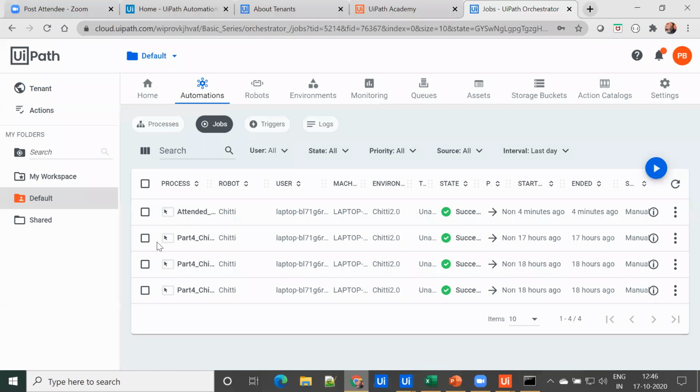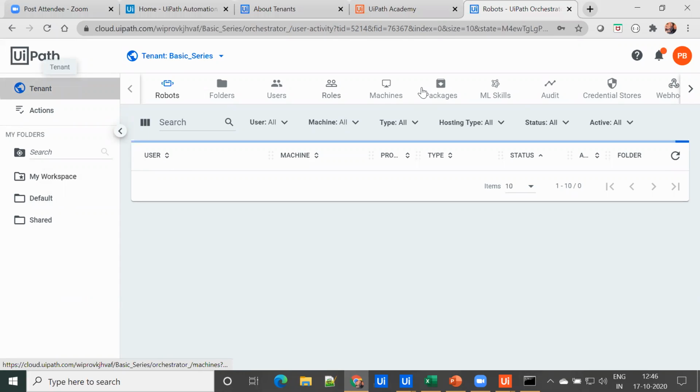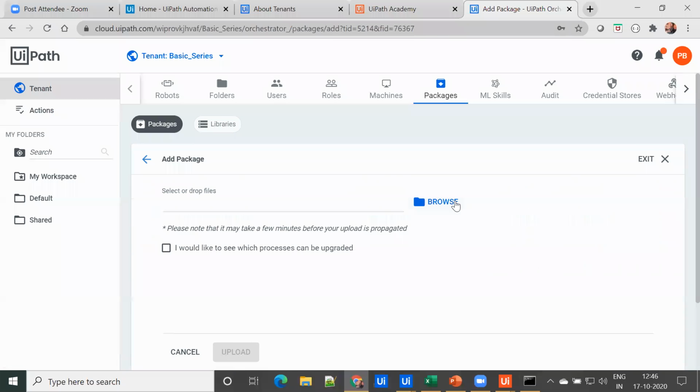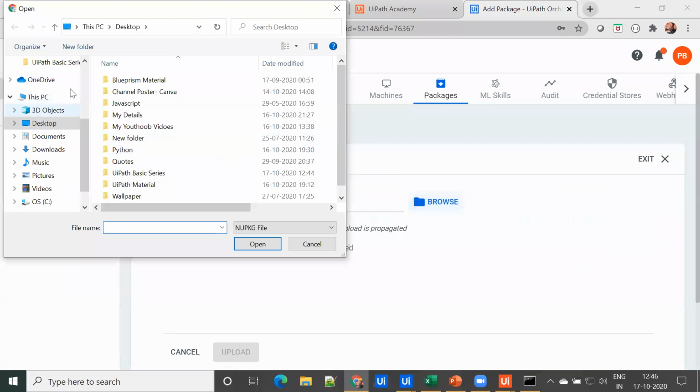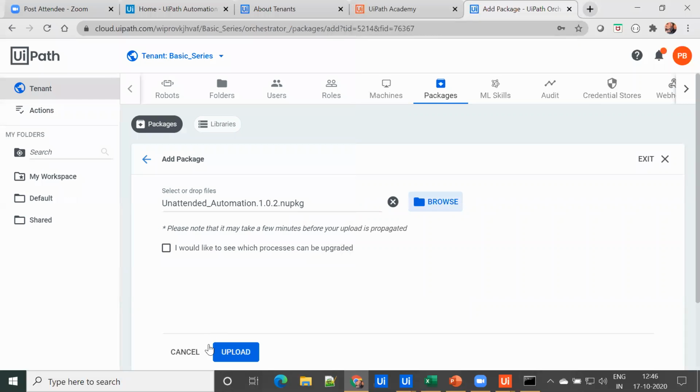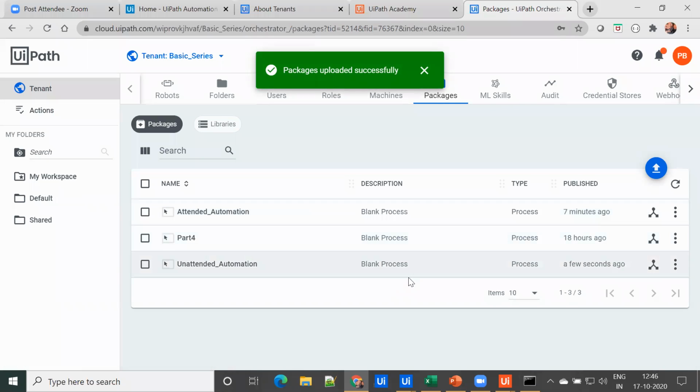This time, to upload a package, we go to tenant, then packages, click on the upload button, select the NuGet package, and click open. Let's click upload, and you can see that unattended automation has been uploaded as a package.